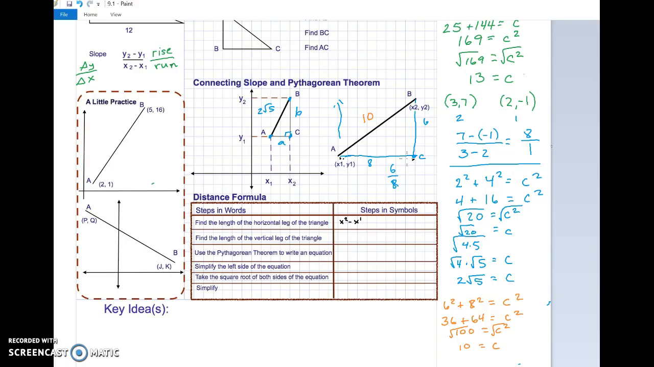Then I find the length of my vertical leg of the triangle, which is going to be from here to here, right? And that's going to be y sub 2 minus y sub 1. I wrote that wrong, so I fixed it. The horizontal leg is x sub 2 minus x sub 1, and the length of the vertical leg is y sub 2 minus y sub 1. And now I need